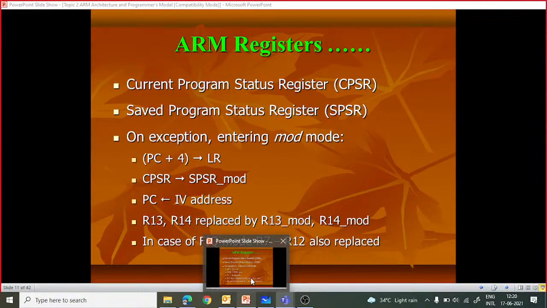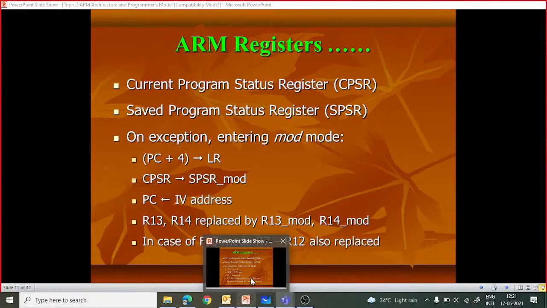To save that time, because in an ARM microcontroller we want to work fast, some of the interrupts are very crucial and critical, and we don't want to waste time. We want to execute them immediately. So we don't want to waste time saving the current program status register and the registers in a stack.